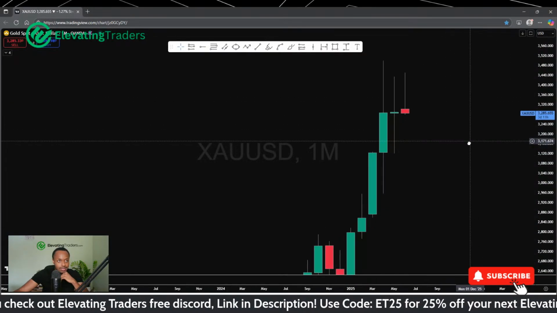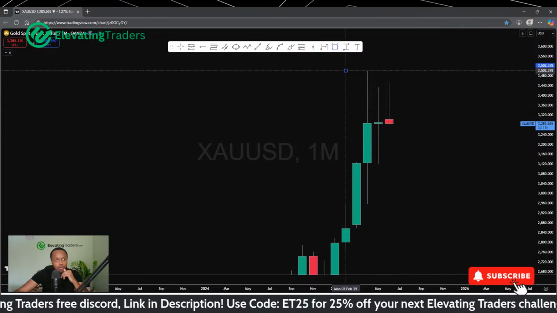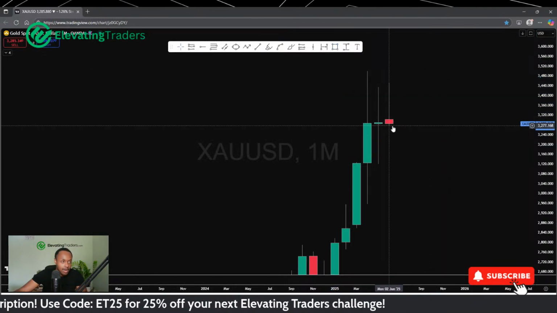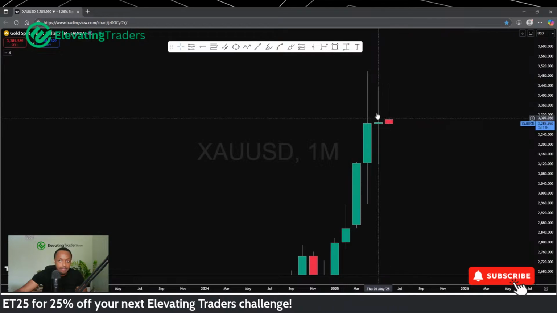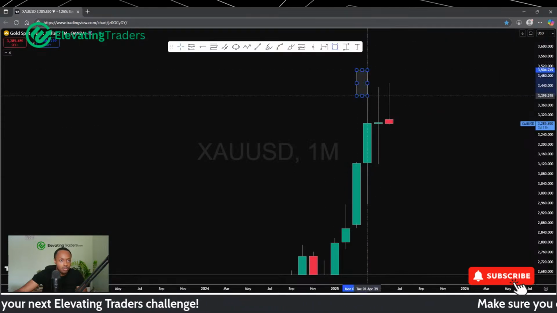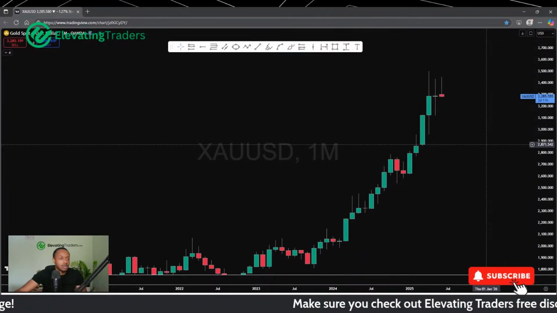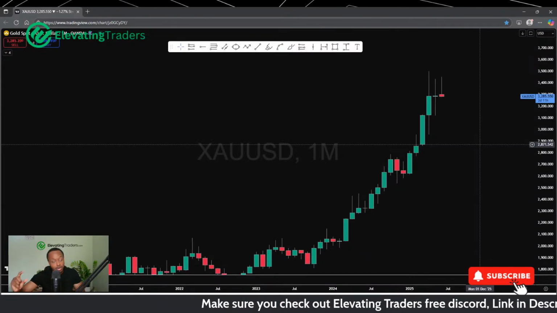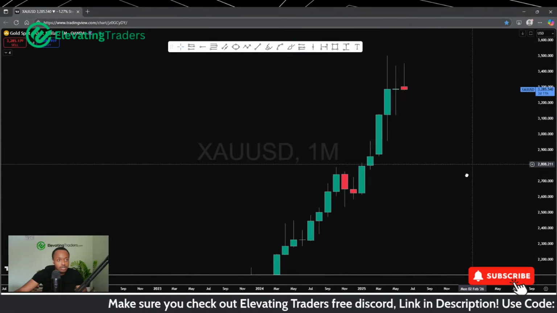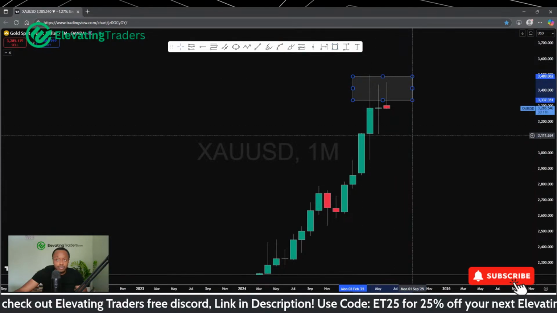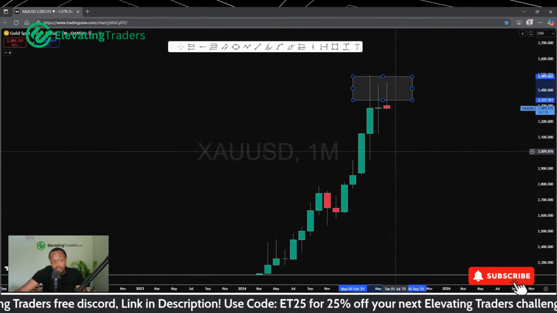But what I can say is that the likelihood is we are probably going to leave a pretty big wick here to the upside. Even if this doesn't close bearish, even if we do push slightly higher by the end of Monday, we probably are still going to have a pretty meaningful wick there. So there's a clear sign to me that says, okay, gold is starting to slow down, which means July could provide probably another wick, or we could look to be flat again next month, or maybe even push down.